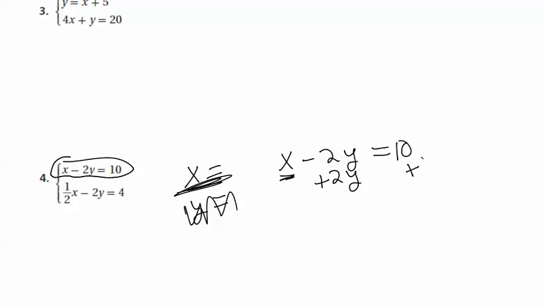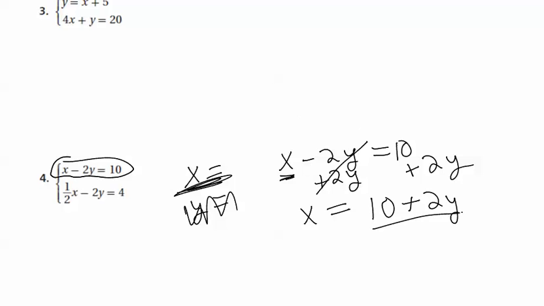So I could add 2y to both sides, and then on the left side minus 2y plus 2y is 0, so I'm just left with x. On the other side I have 10 plus 2y. I can't combine those because they're not like terms, so I just leave it as 10 plus 2y. But now I know that x is equal to 10 plus 2y. This is good because now in my other equation, my second equation,